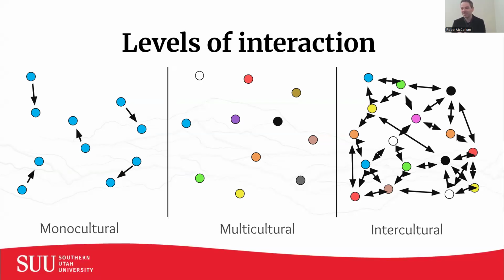I experienced this once when I worked at a university that had over 50% international students. And in general, it was a good intercultural situation. But the multicultural aspect of it was really highlighted when I would go visit the cafeteria on campus. And every table had a different cultural group. There was the Tongan table, there was the Samoan table, there was the Korean table and the Filipino table. Lots of cultures, but they weren't interacting with each other when they would eat their meals. They just wanted this comfortable place to be surrounded by other people who had that shared cultural understanding.